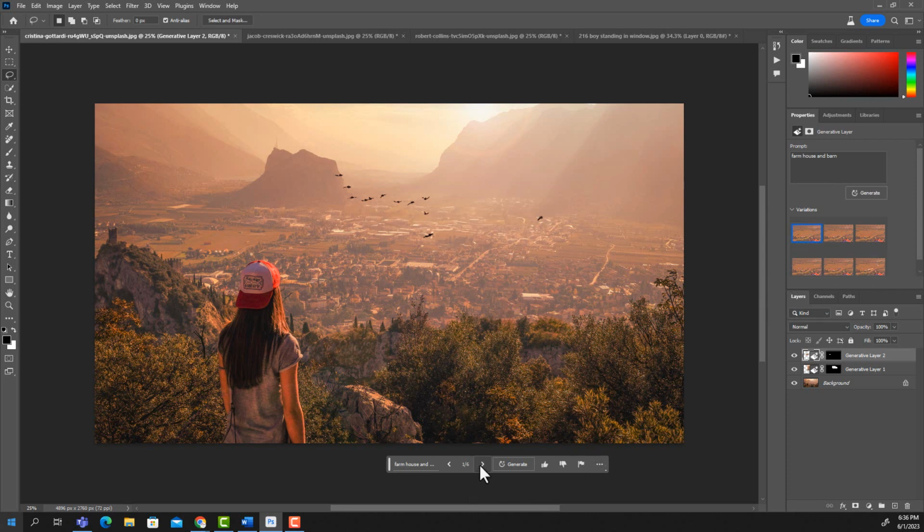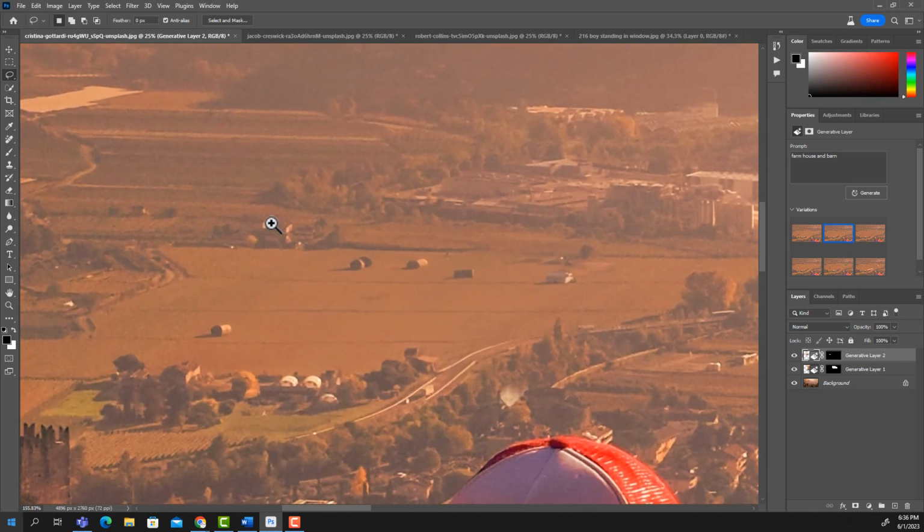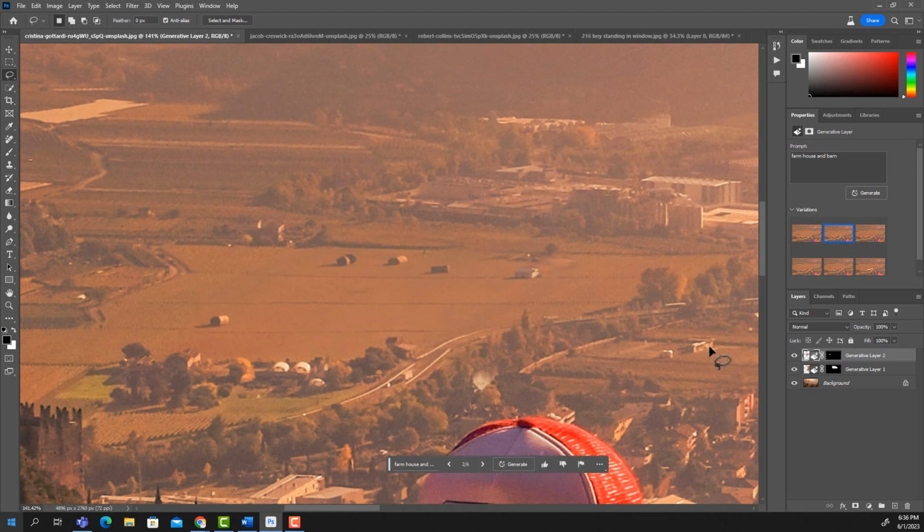So we have 3 new ones. Okay. And I think I like this the best. Let's zoom in over here and see what we get. All right. And you can see it did put a house here, so it's trying to look at the scale. Let's put that out there, but